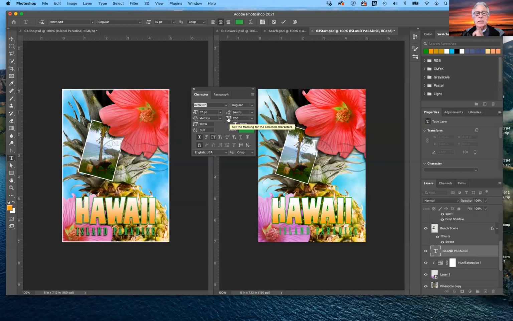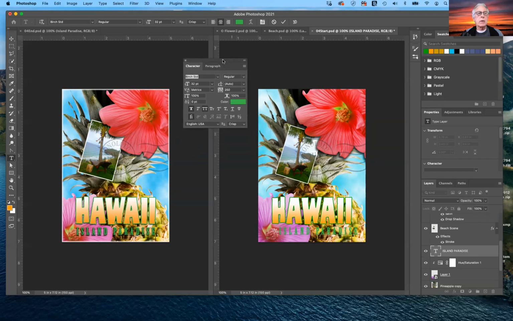But what they did is that they added tracking to this so that it stretches the type out a little bit so that it will be the same width as the word Hawaii. So that's something that you'll want to pay attention to. I'm going to go back to the Move tool, and I'm just going to click and drag and move it